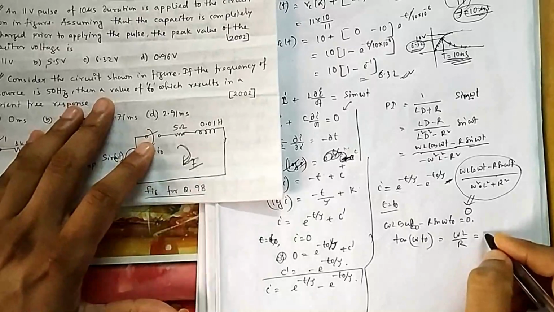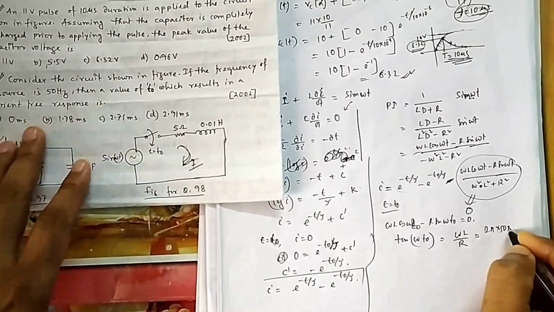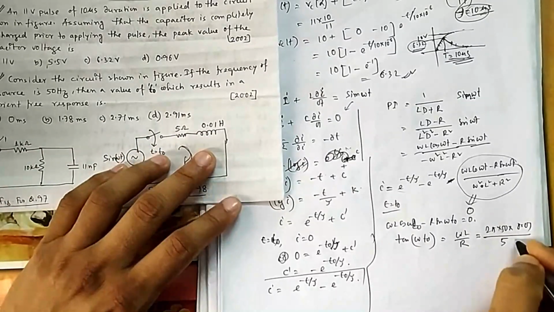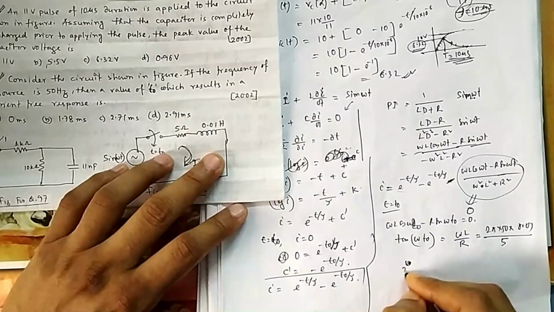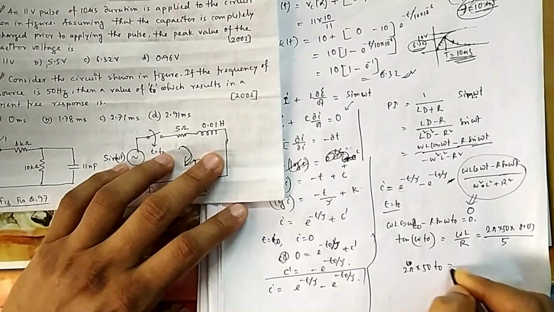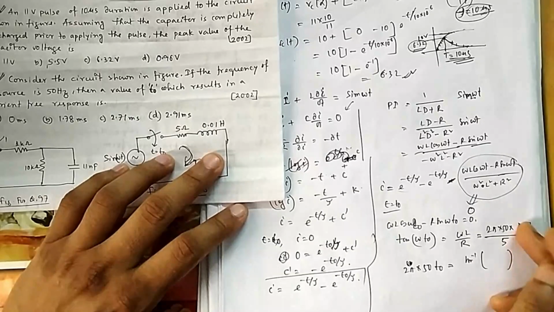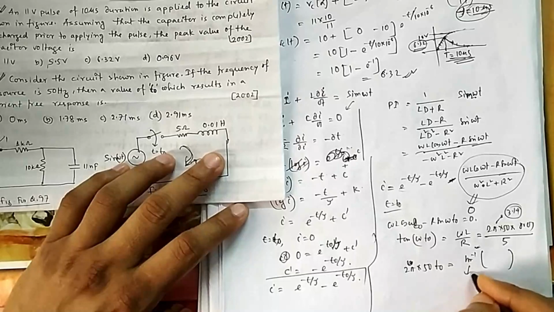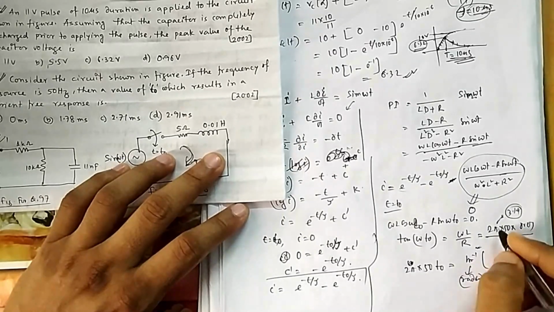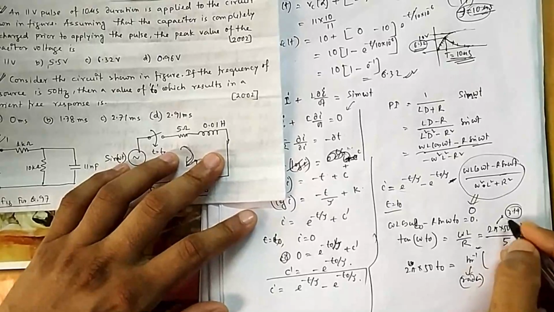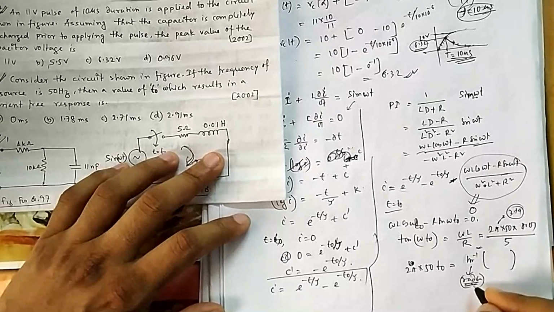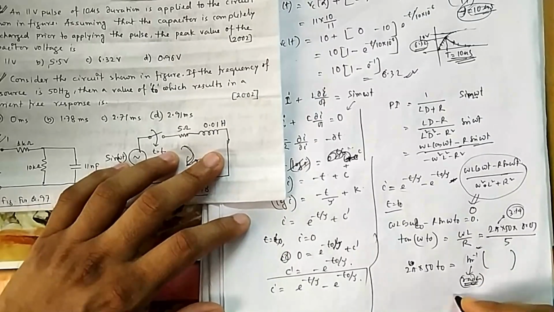What is omega? Omega is here 2 pi into 50, L is here 0.01, divided by r, which is here 5. So you take tan inverse of omega, that is 2 pi into 50, into t0. Mind it, if you put pi equal to 3.14, then tan inverse should be in radian mode. You should keep your calculator in radian mode because you are putting pi equal to 3.14. If you put pi equal to 180, then you can keep it in degree mode. So you have to check the mode of calculator. It should be in radian mode, otherwise you will get tan inverse wrong because you are putting pi equal to 3.14.